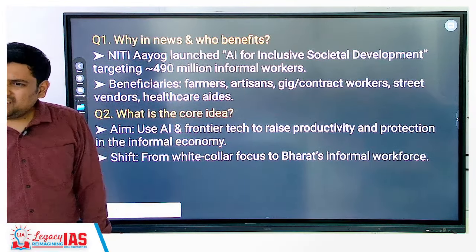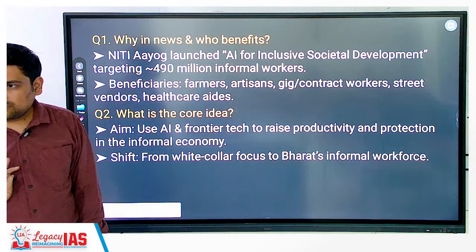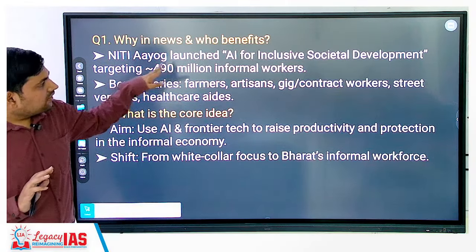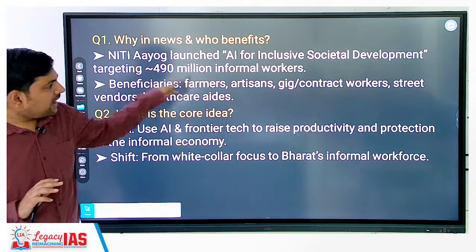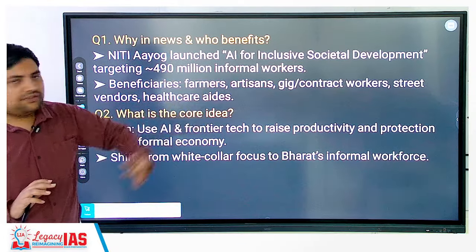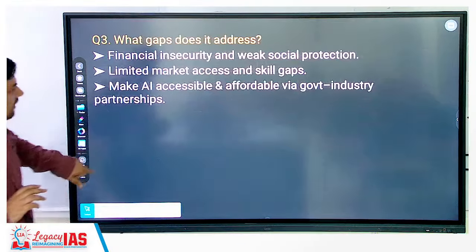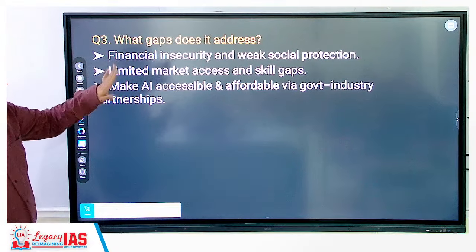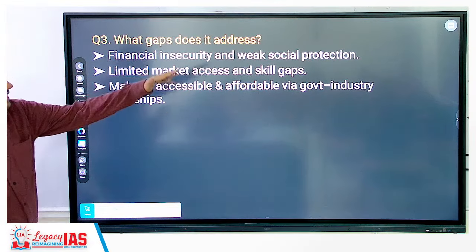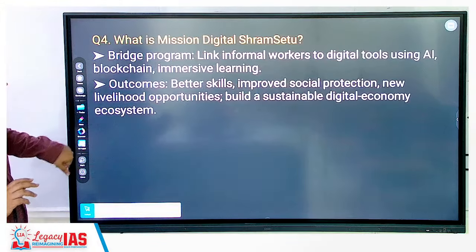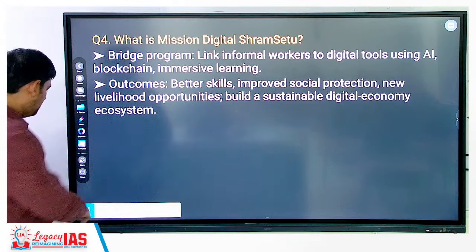workers. Other details you anyway will remember now. Okay, Niti Aayog has launched this, it will impact 490 million informal workers. That's it. 500 भी लिखोगे कोई दिक्कत नहीं है. What gaps does it address? So financial insecurity, weak social protection, this. Then now